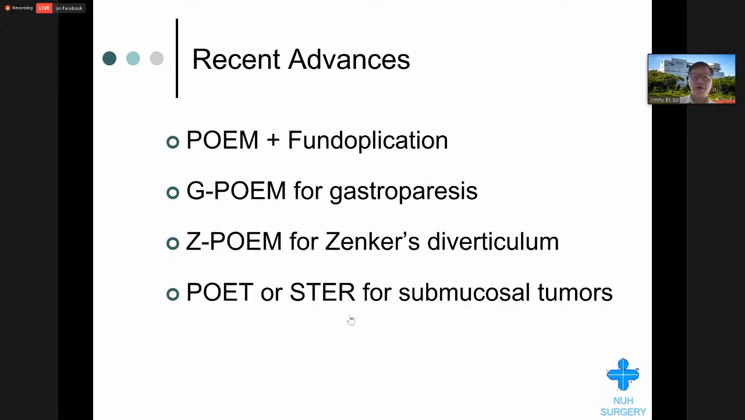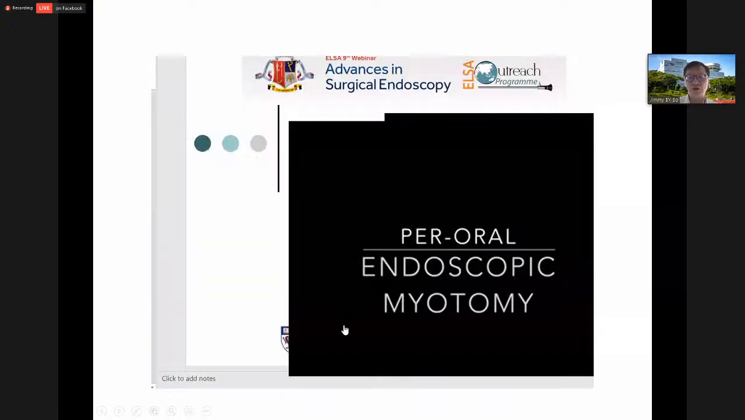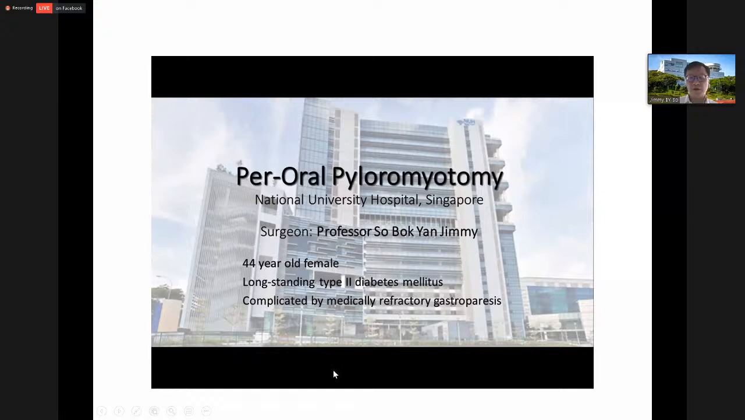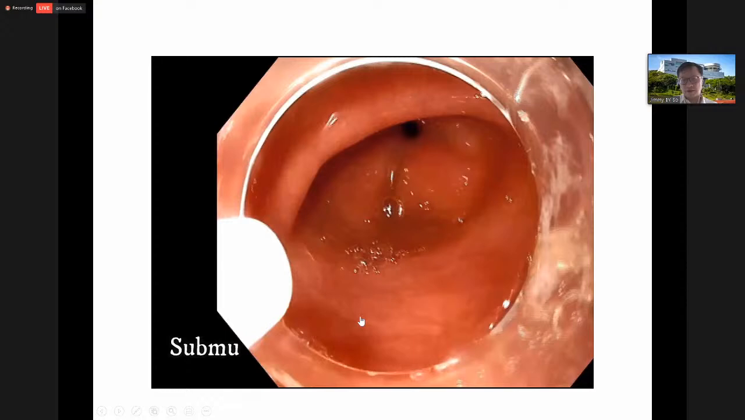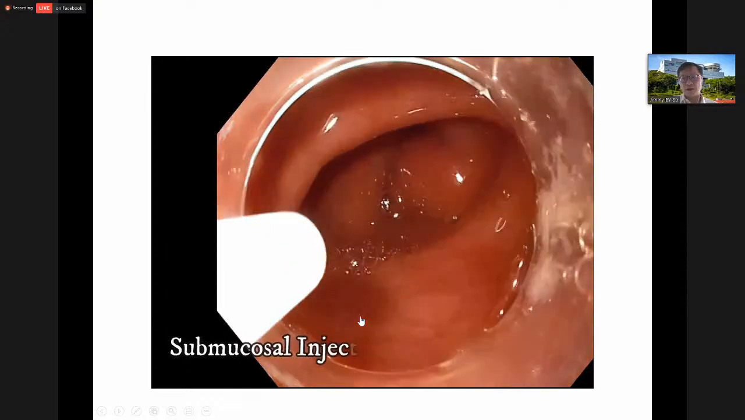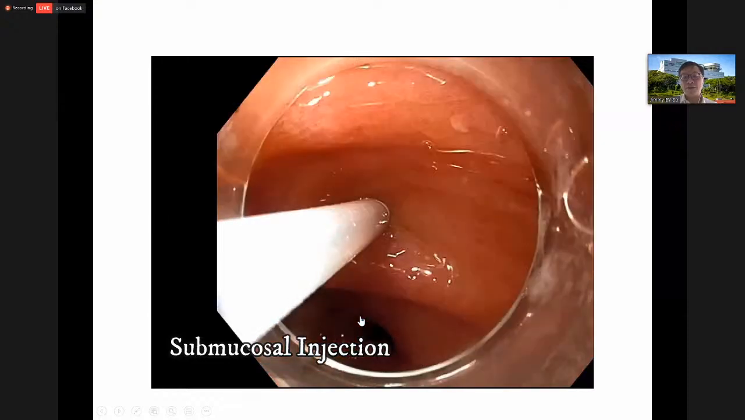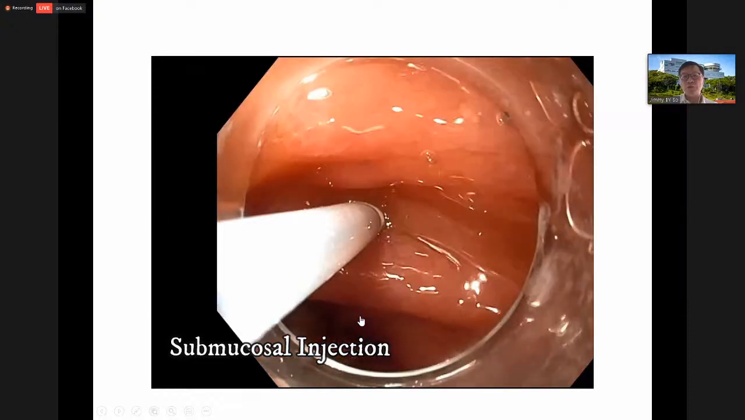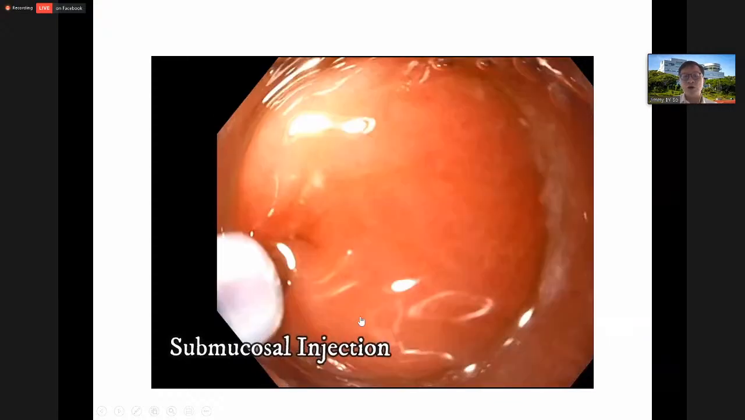Let me show you a quick video of a recent case of gastric POEM, per-oral myotomy for a patient with gastroparesis. For gastroparesis, we use a similar technique to POEM, but the target is the pyloric muscle. First, we enter the submucosal space about 2 centimeters near the pylorus,